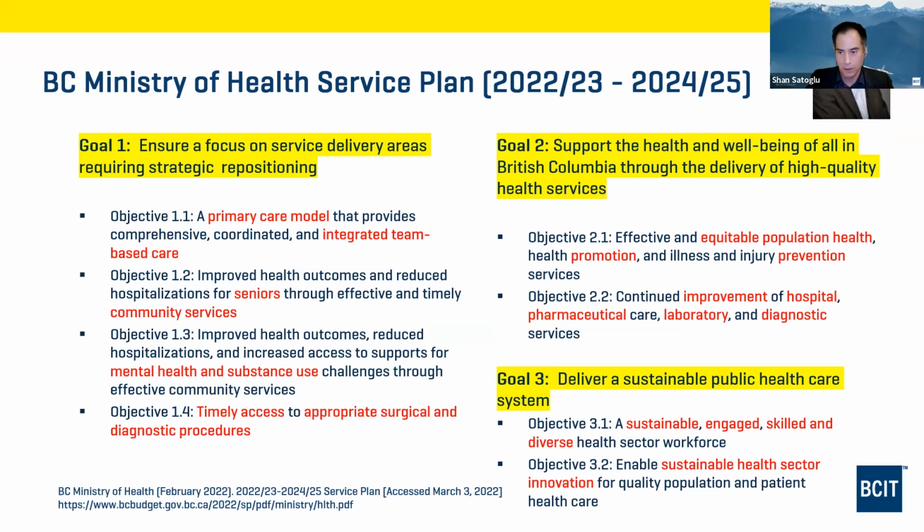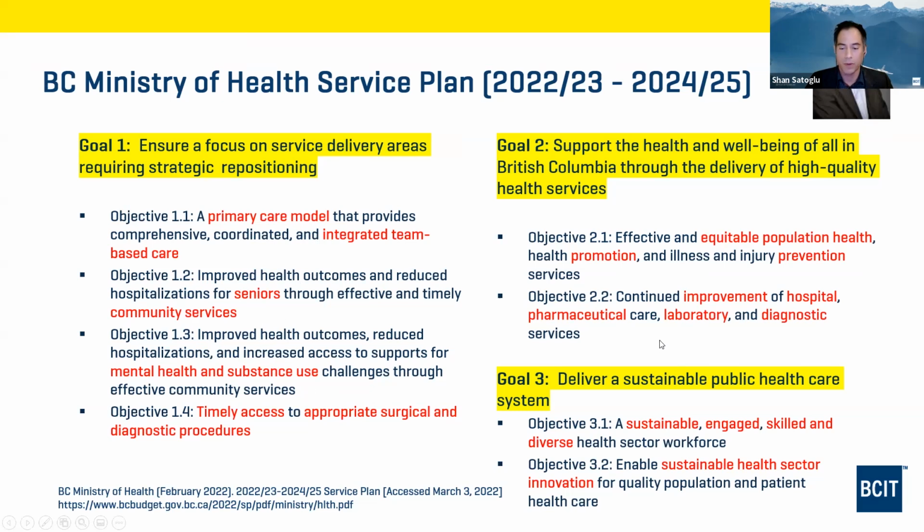Goal number 2, supporting the health and well-being of members of the province through high quality services. And then goal number 3, focusing on sustainability in public health care. If you look at the sub-goals in these areas, these topics: primary care model that needs improvement, more team-based care, seniors, issues around mental health and substance abuse, wait lines, timely access, population health, looking at purchasing of supplies and